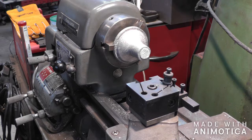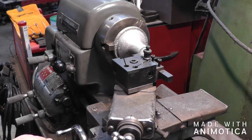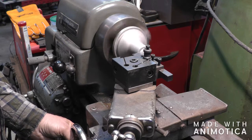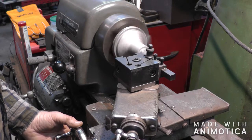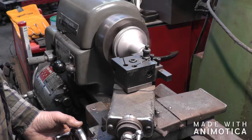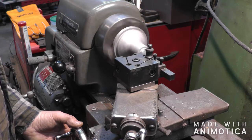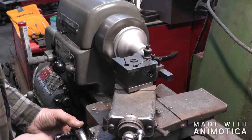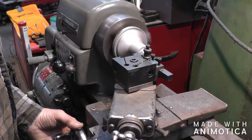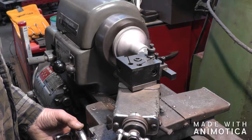We're going to see if we can get that muffler finished up that we cast in the last one. First we're going to get the end faced off. Should have sped it up a little bit for this, but I figured we're going to need it slow to drill that hole through there, so I just leave it there. We'll just take smaller